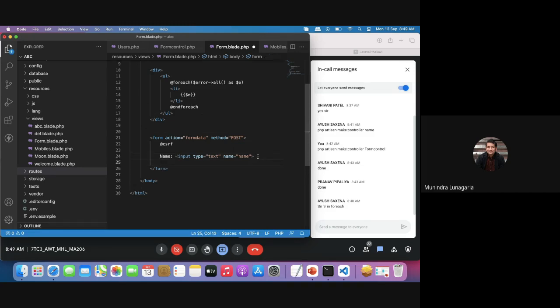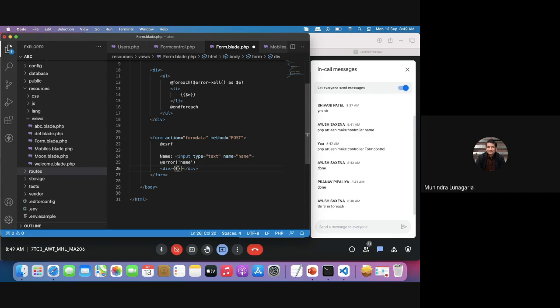So @error, and which is the name of the text box? It's name. So @error('name'). And inside the div,